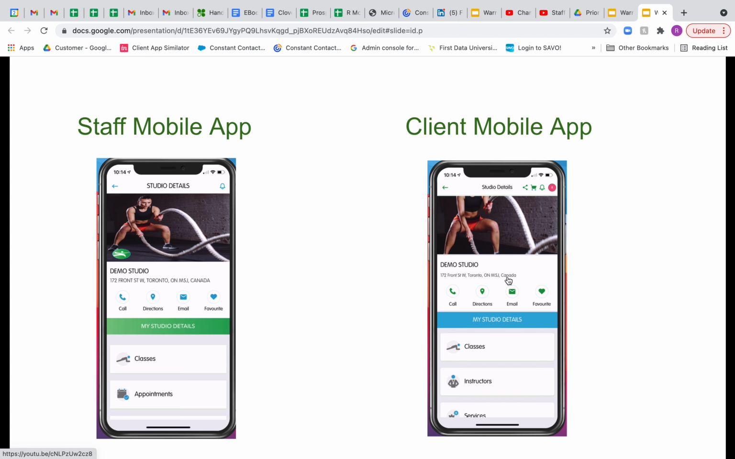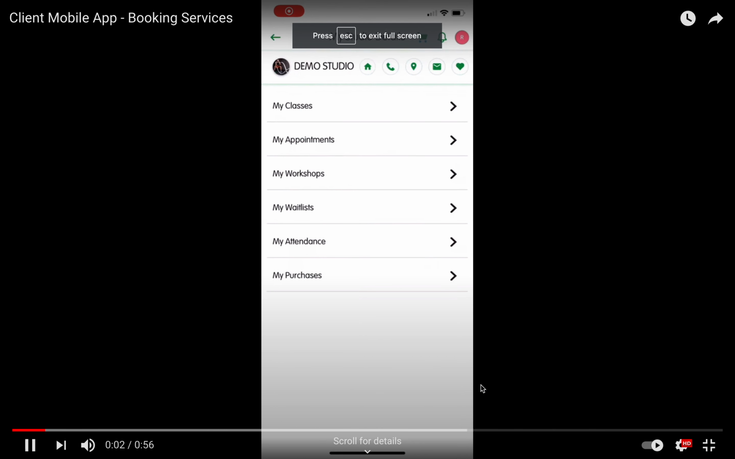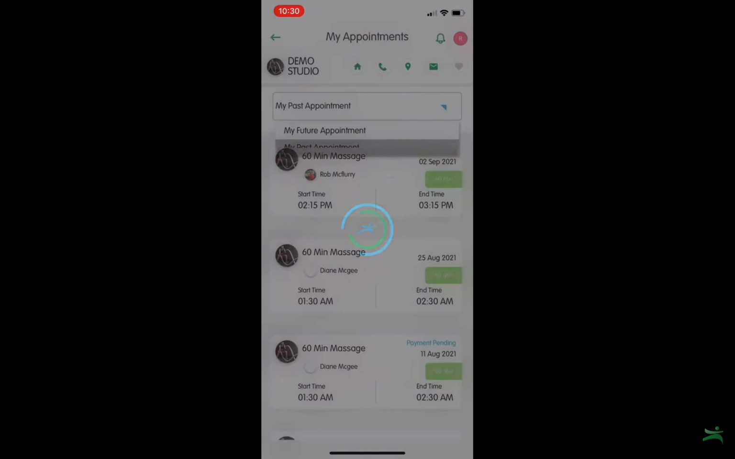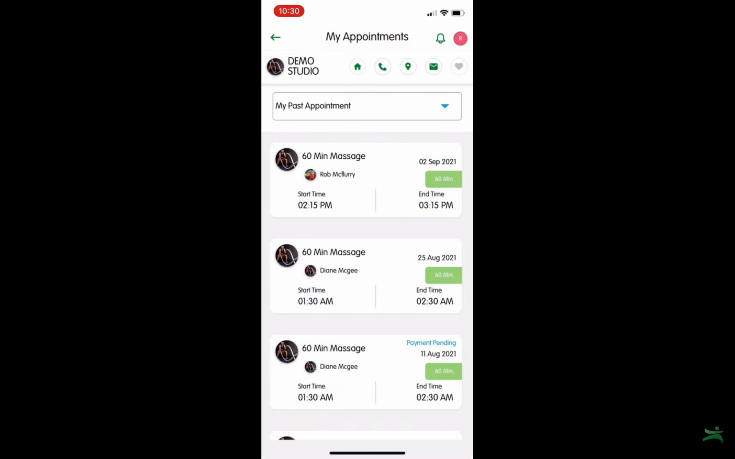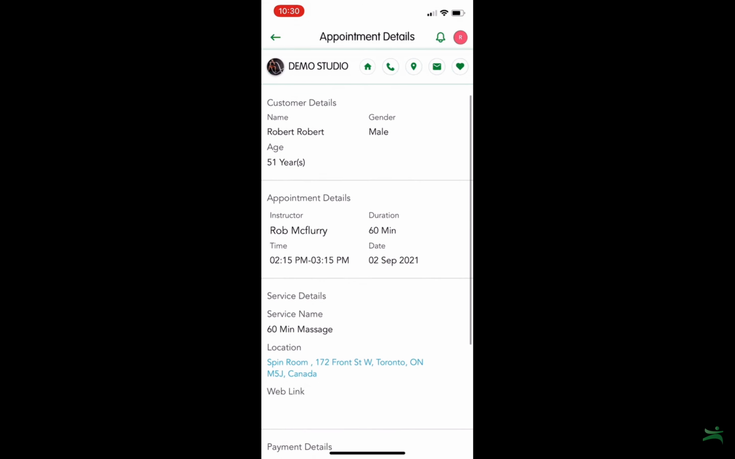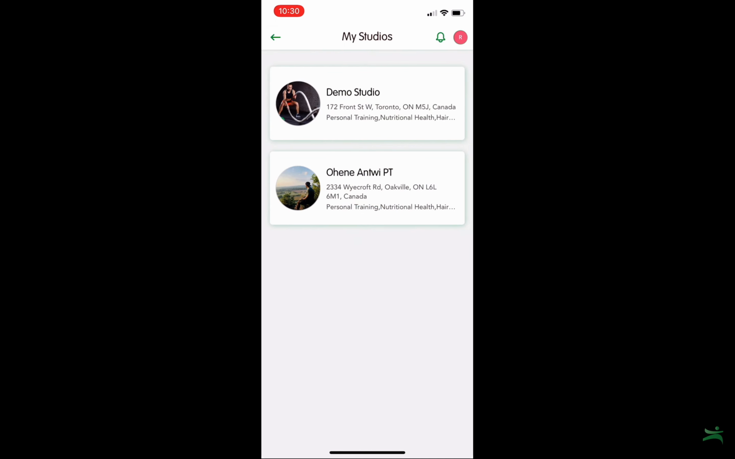If I'm the client and I want to book an appointment, here's another version of that. So I go into my app, I select the studio, I can see my future and past appointments. These are ones that have already been booked. If I wanted to cancel, I'd have the option to cancel here. Going back to the studio details,